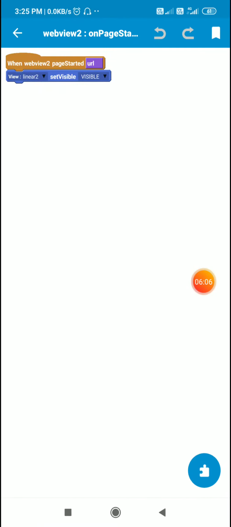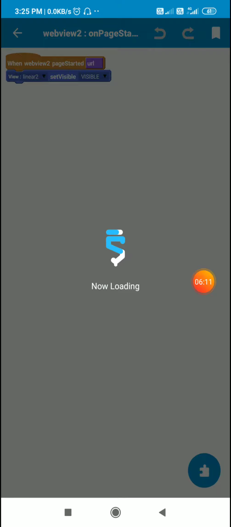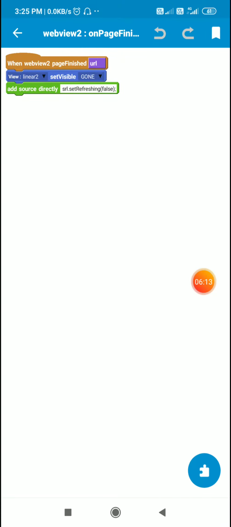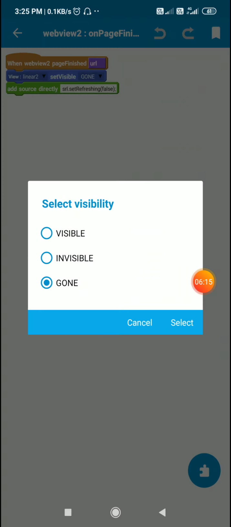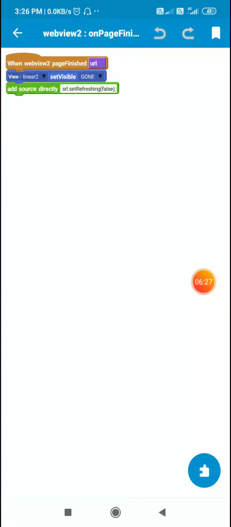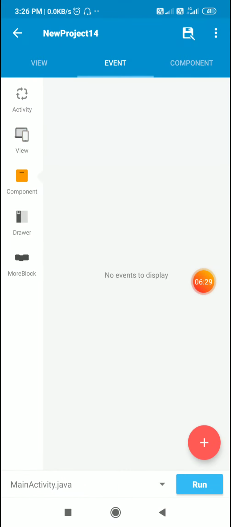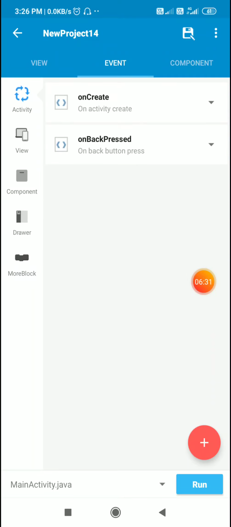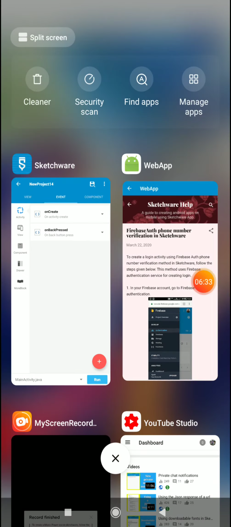In WebView on page started, I make linear2 visible, and on page finished I make linear2 gone, and also I use SRL, which is swipe refresh layout, dot set refreshing false, so it will stop refreshing when page has loaded or page finished. Okay, and that's all is required in coding part, and it will create the result which I have shown you.